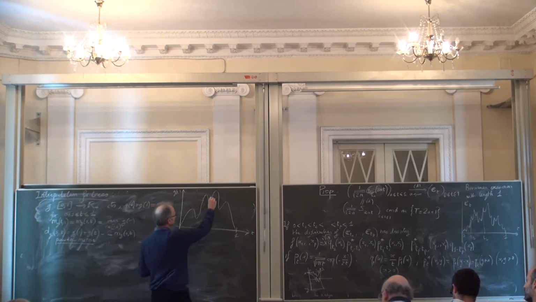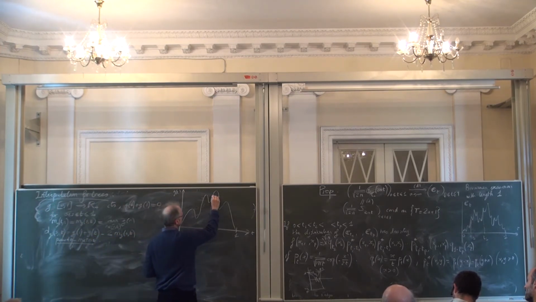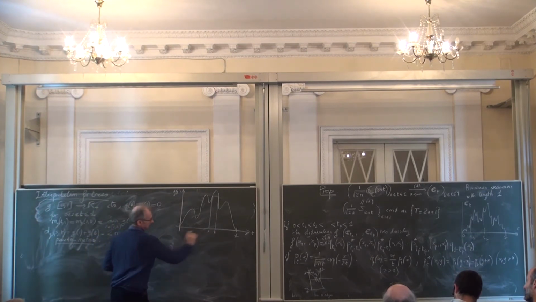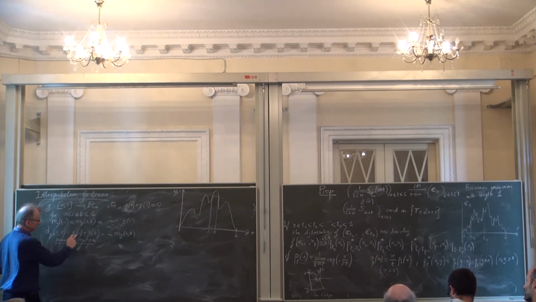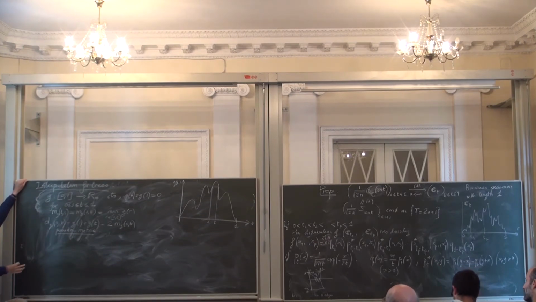For instance, suppose that s is here, t is here, in such a way that the value of g is the same at s and at t. This is the same value here. And between s and t, the function g takes larger values like this. Okay? So for s and t, as on the figure here, clearly all these terms are going to be equal, so you get 0. Okay? So there is something you can do when you have a pseudometric. Well, you can just quotient the space.